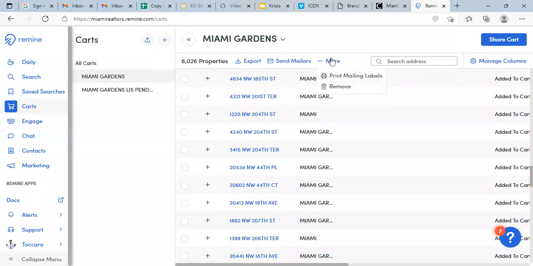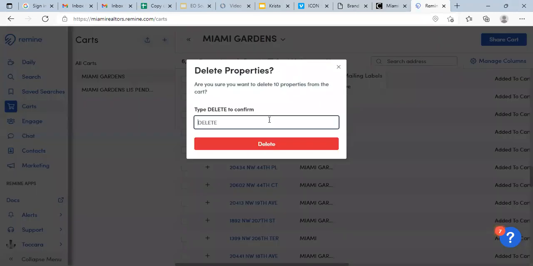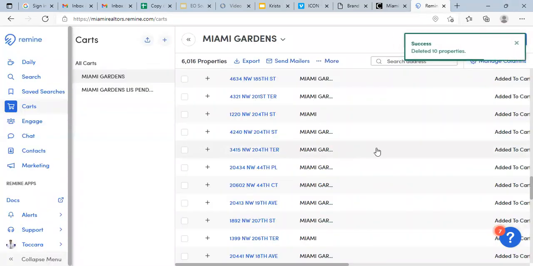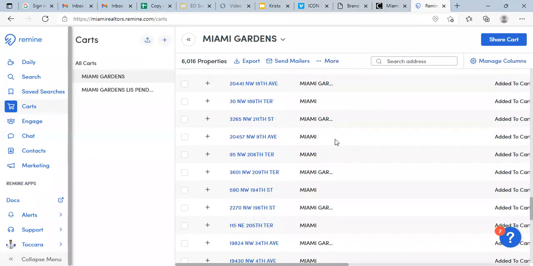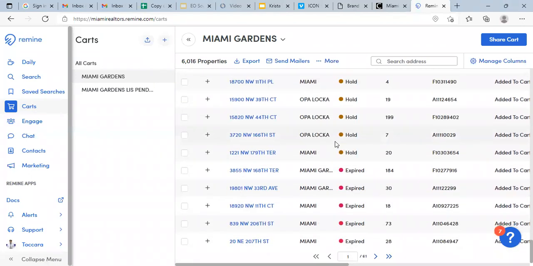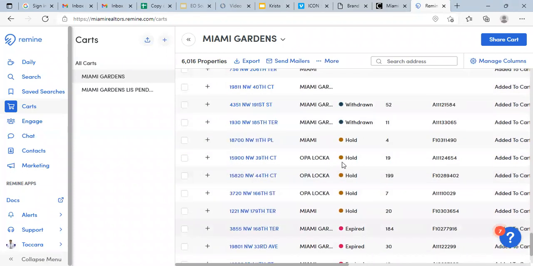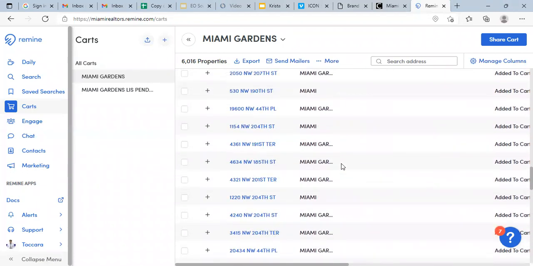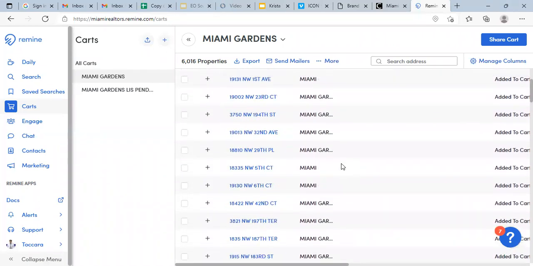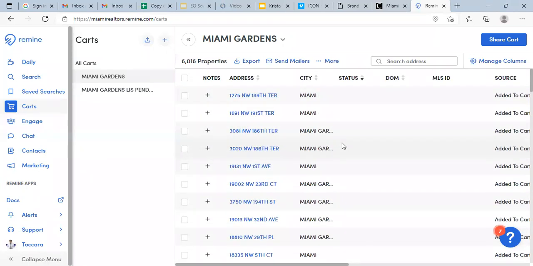You'll click more here, and remove. Make sure you put in delete. And those 10 properties are now no longer in our list. Again, you may have to go through this entire list, 61 pages, to find the ones that are pending and take them out so that you're not marketing to those particular properties. Sorry guys that I couldn't get that part for you, but nevertheless, I want to show you: